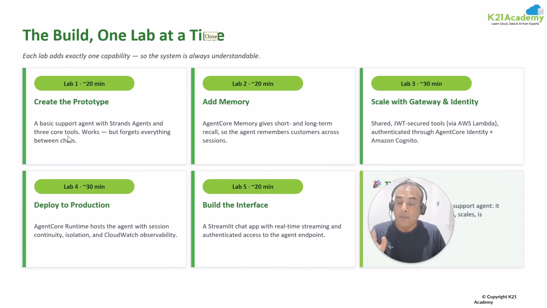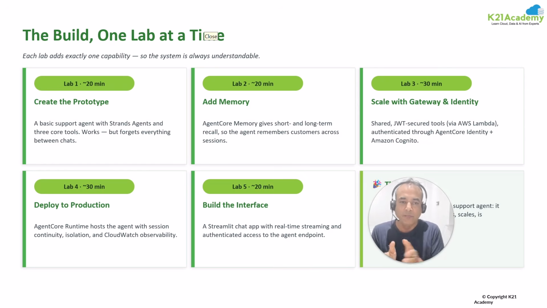When you do that, we'll not put any memory, so it will do some work, but it'll forget because there's no memory attached. Then in lab 2, AgentCore will be giving it memory, both short-term and long-term memory, so the agent can recall and will remember. That will extend it. So first we do a basic agent, then we'll extend it with memory. Third, we are going to scale it with